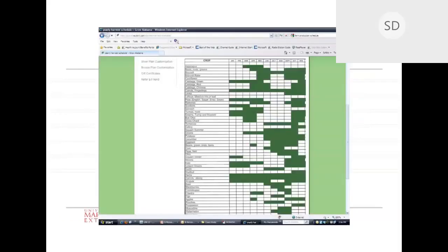This is a crop schedule, and a lot of the farmers markets use this to help tell their consumers when the crops will be available throughout the year. So you see the crop listed, you see the month listed, and then they're shaded for when that crop would be available. So again, a very good visual idea of when the crops would be available, and Excel does this very, very well.